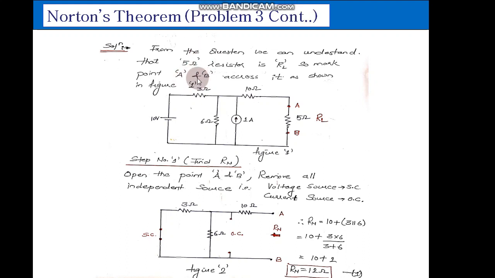So the very first thing is that I have marked 2 points A and B across the load resistance, which is 5 ohm resistance as it is given in the question. With respect to this everything will be calculated. So this is very important. Wherever it has been given as RL, or if RL is not given in the question, it will be asked to calculate the current through some resistance. So where that resistance is available, across that resistance just mark the points as A and B. So these are point A and B. This is shown here.